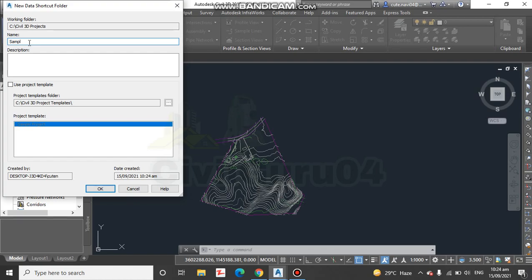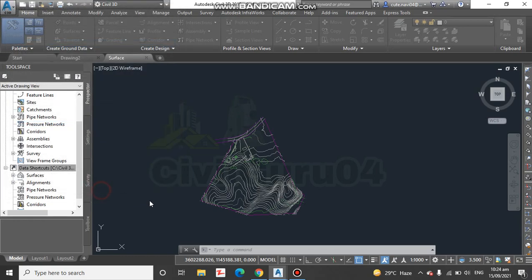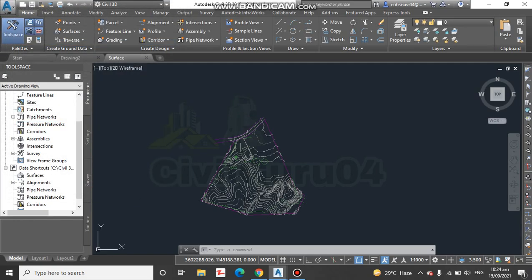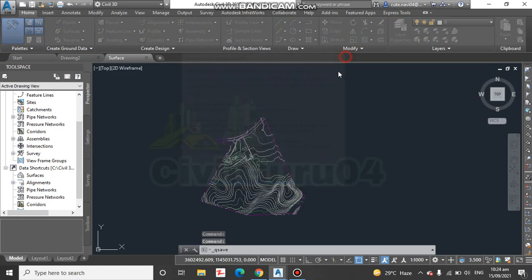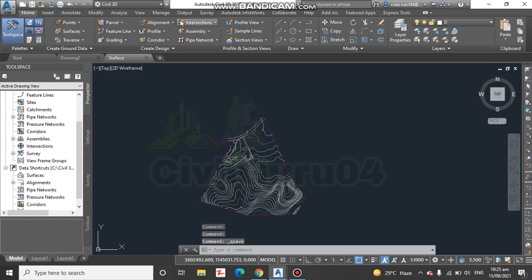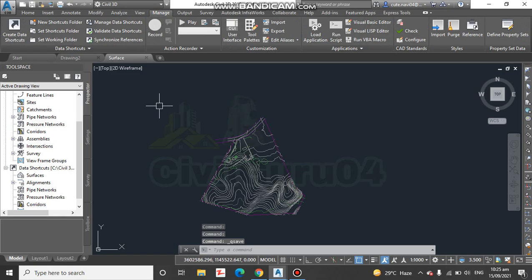It already exists, so I need to change the name. Step number 7, save the drawing. Click the manage tab of the ribbon. You first save the drawing, click the manage tab of the ribbon, and then click create data shortcut.